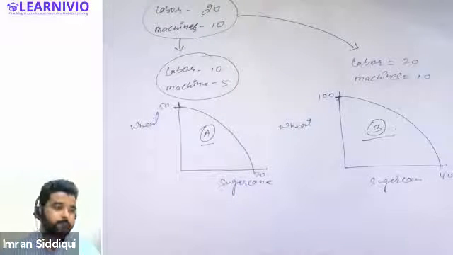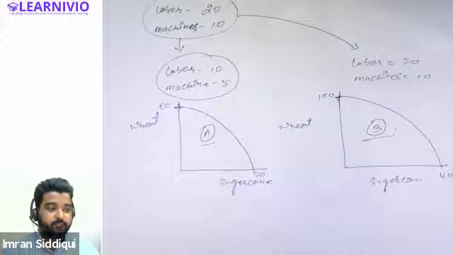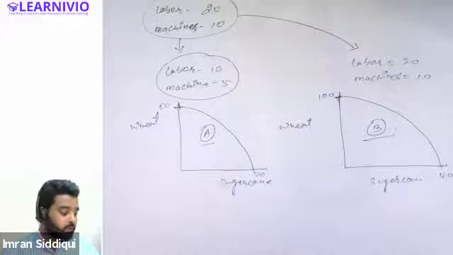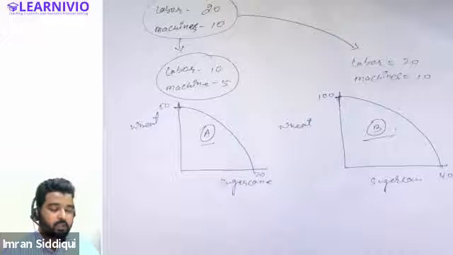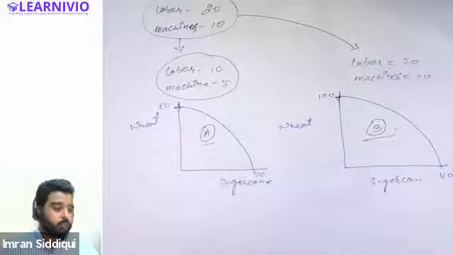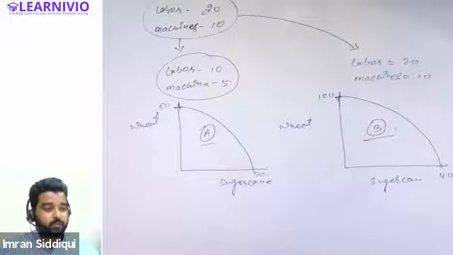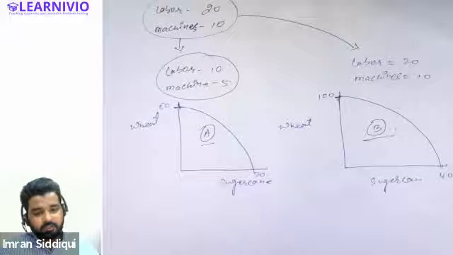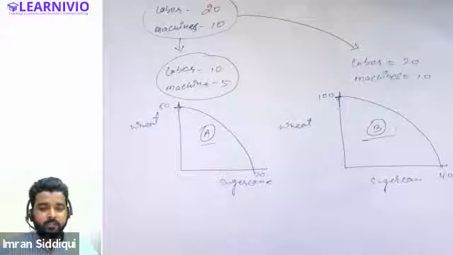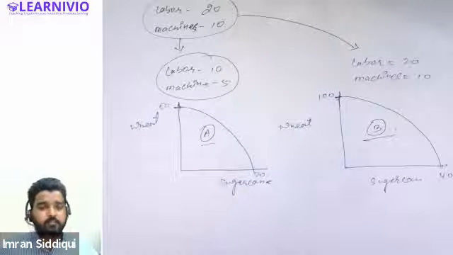Please tell me. In case of B. In case of B. Why so? In case of B, B will indicate the maximum capacity of a producer. You know why? Because while drawing the production possibility curve B, we have assumed that the producer is using all of the resources available with him. But on the other hand, while drawing the production possibility curve A, we have assumed that the producer is applying only half of his resources.